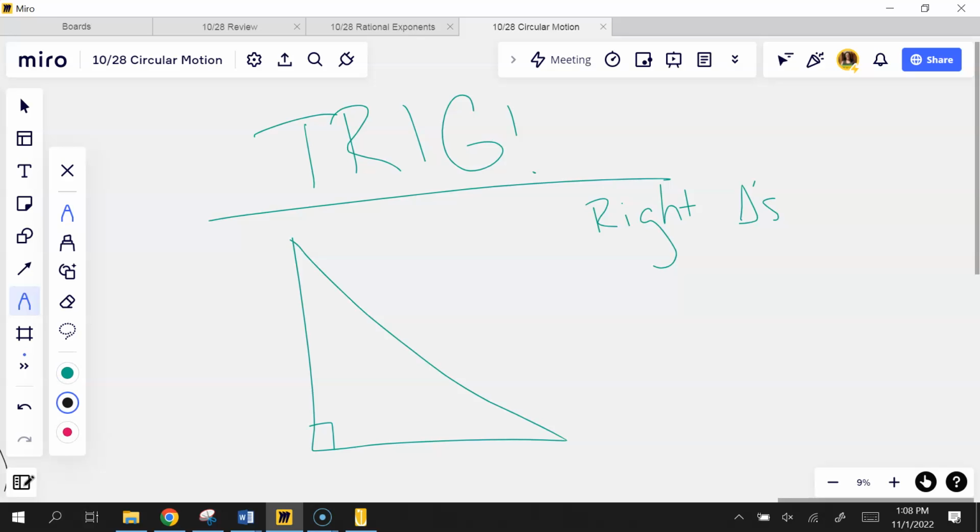There's only one side that has a specific name, and then the other ones are based on where you put your angle, your theta angle. So this is the one that is always the same. It's across from the right angle. What is that called? The hypotenuse. This is always across